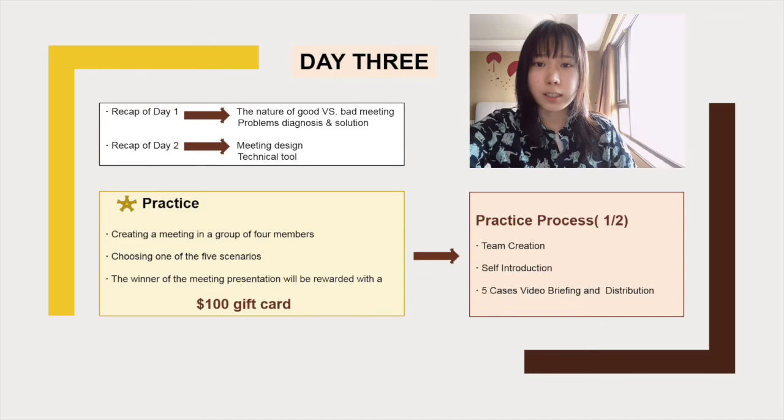On the first day, we learned about the company's existing meeting problems and analyzed the elements of good and bad meetings. A good meeting has effective cooperation among participants, so everyone needs to learn the meeting etiquette and respect each other. On the second day, we learned how to organize a good meeting with technical tools and knowledge. The meeting design requires a plan, and the meeting's goal and process need to be clear.